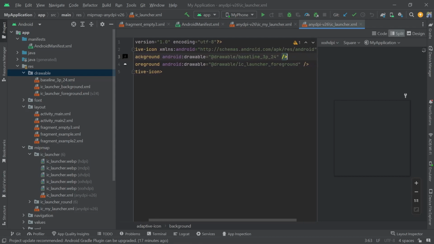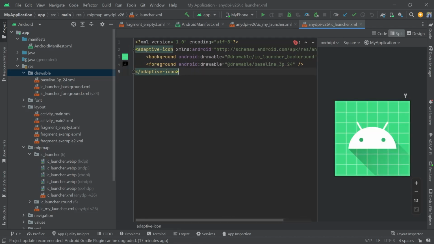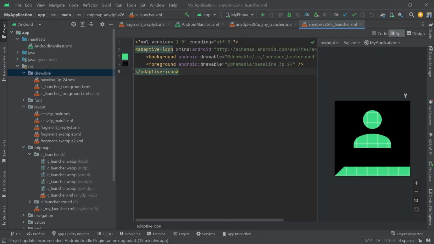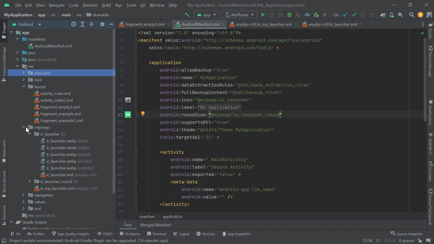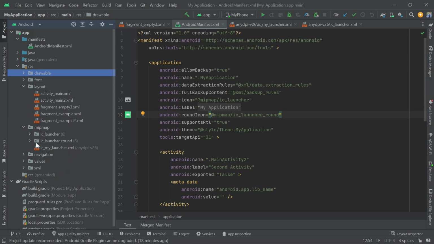Okay, this is the background. Let me make it the foreground. So baseline, and this should be in the foreground now, and this will be our new icon for our app. Now you can see this is the icon. This is our icon, and we also have a round icon. We can also define a round icon inside of this mipmap, this round one, and we should remove this,